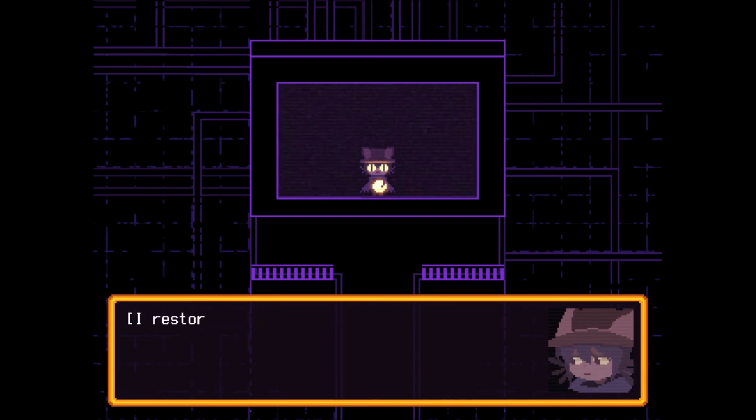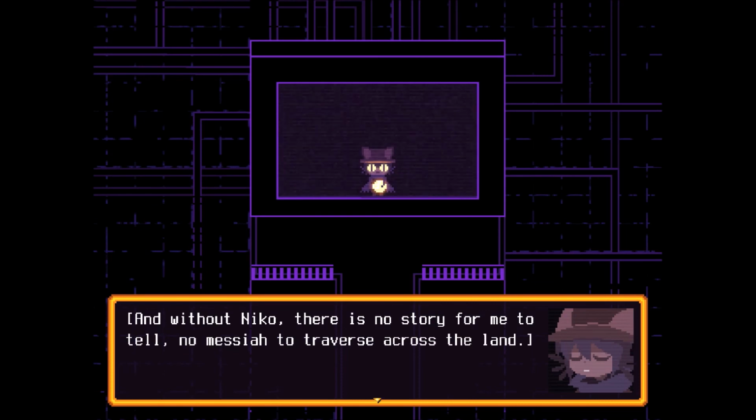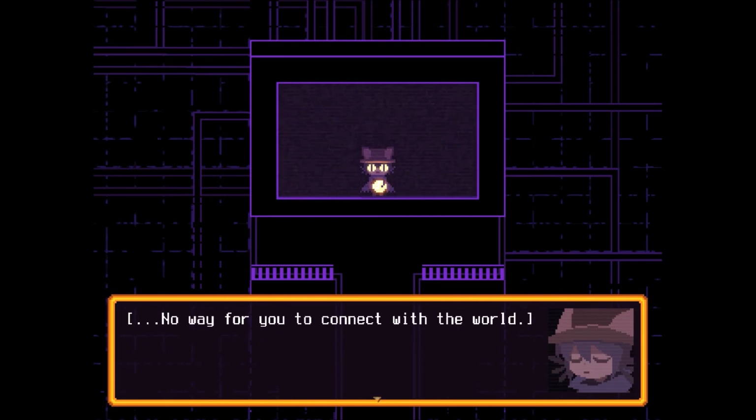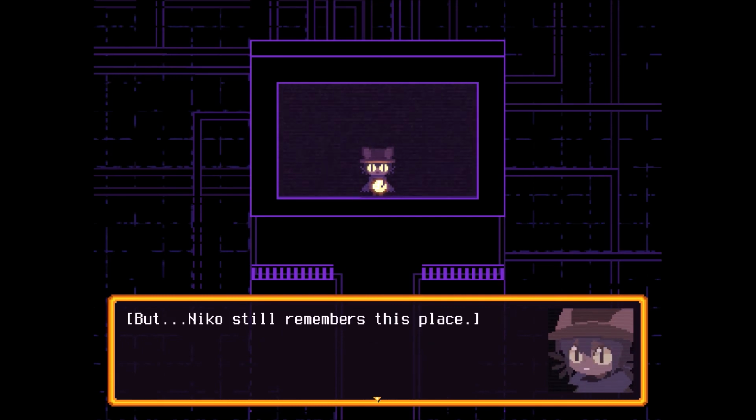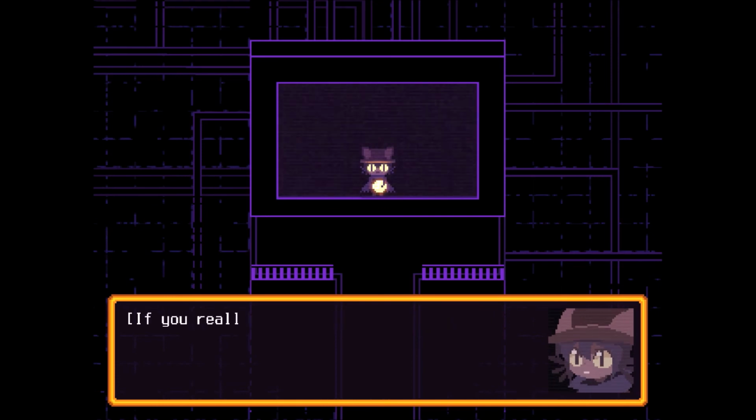You're back. I restored the world. I sent Nico home. Are you not happy? Even if you wanted to see Nico again, you can't, Crow. Nico's gone. And without Nico, there's no story for me to tell. No Messiah to traverse across the land. No way for you to connect with the world. But Nico still remembers this place. If you really wanted to see this world again, I could still...